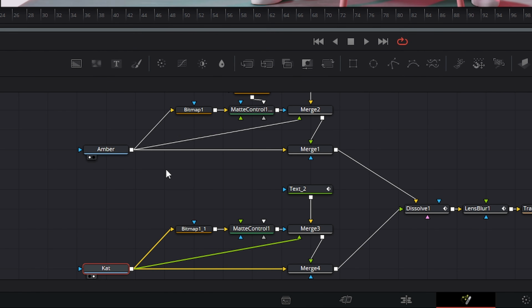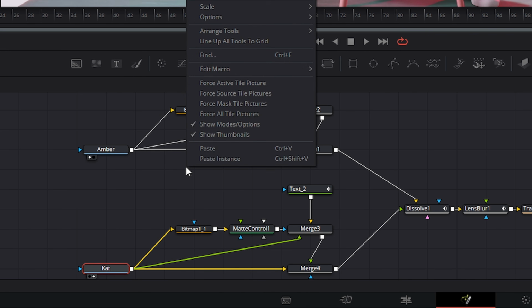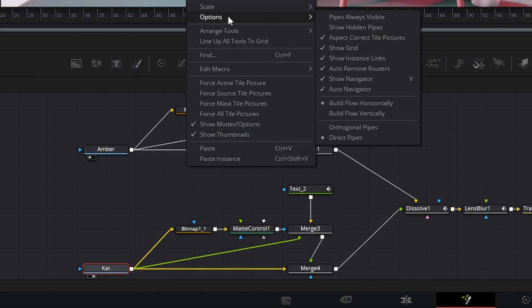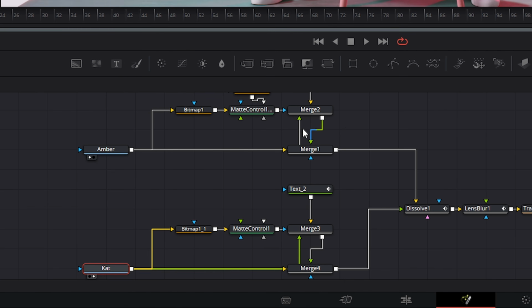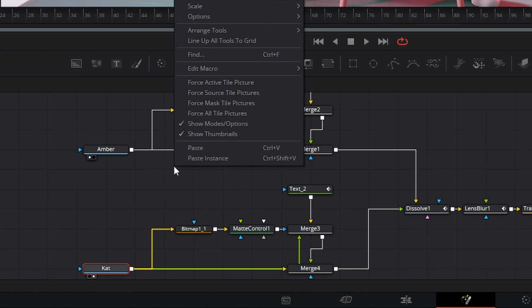So if you remember yesterday, we talked about how we could change this. So we can right click, we can go to our options. And right now we've got direct pipes selected. We could change it to orthogonal pipes. So if we like this layout better, we can use this layout. But I personally